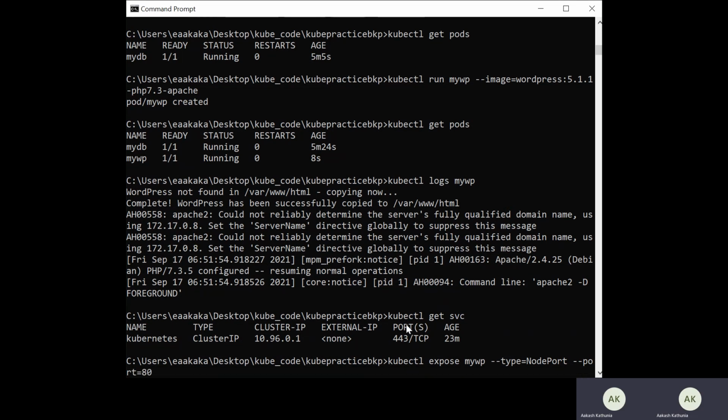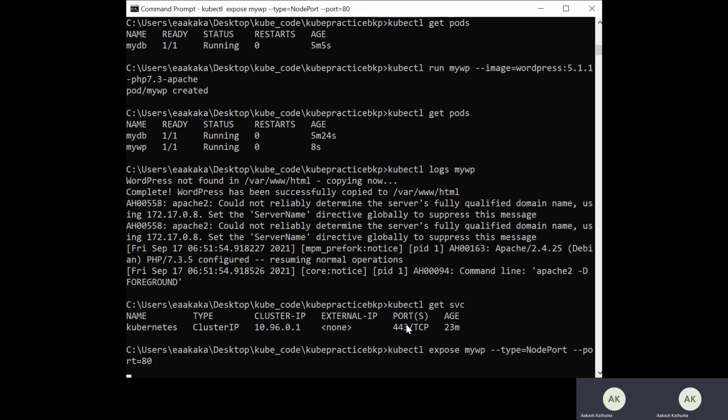This is the port, and the type I'm using is node port. As I already shared yesterday as well, it will take a default port between 30,000 and 32767; within this range it will allocate it. After that, I'm using a port, this 80, which is the target port. So let me just enter it.